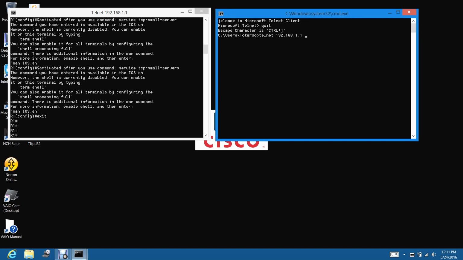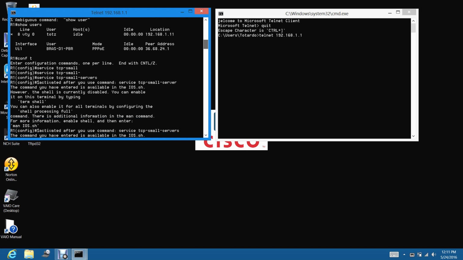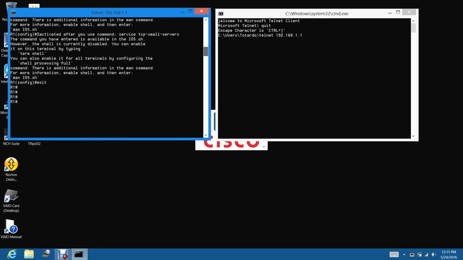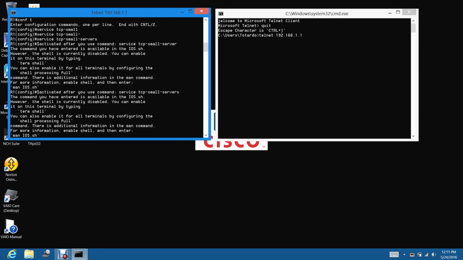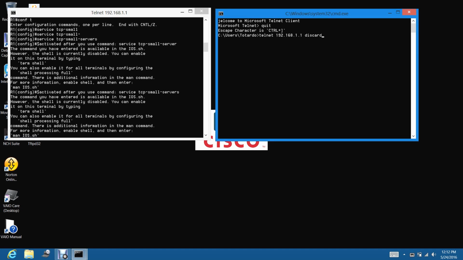We also test the Discard server. Discard discards everything that you send to the server. If you press enter, it will bring a new line.